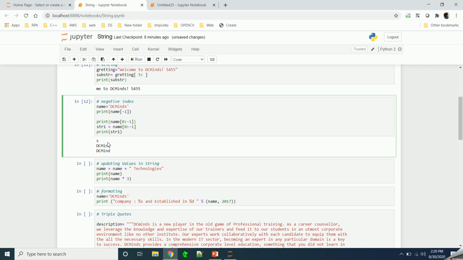With slicing, it will always be second last, the last but one. So here it will be D. This is all about indexing and slicing in Python.